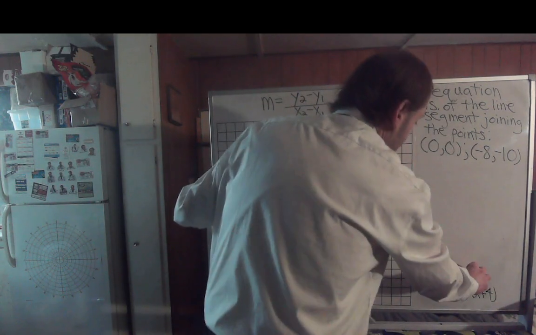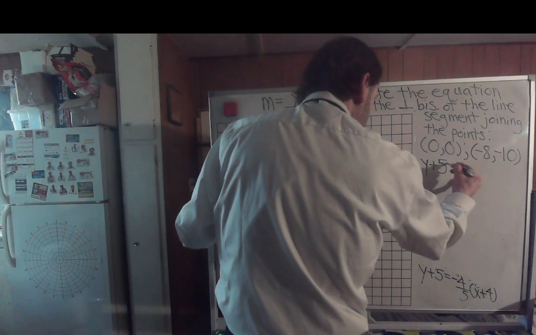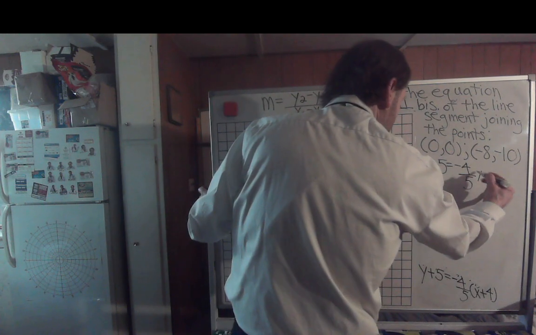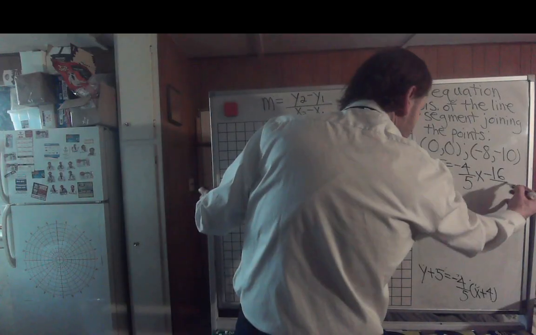So here's what we have so far. y plus 5 equals -4/5 times x plus 4. Well, this would simplify then into y plus 5 equals -4/5 x minus 16/5,